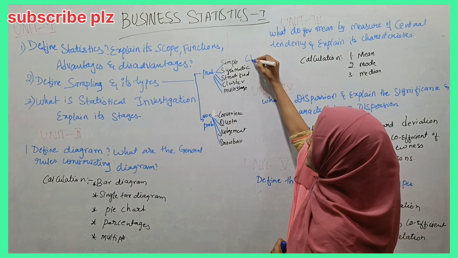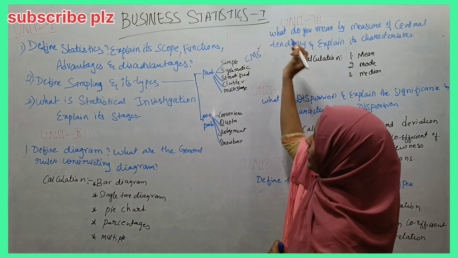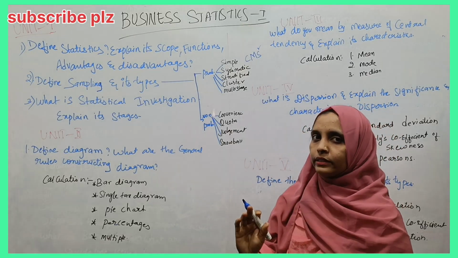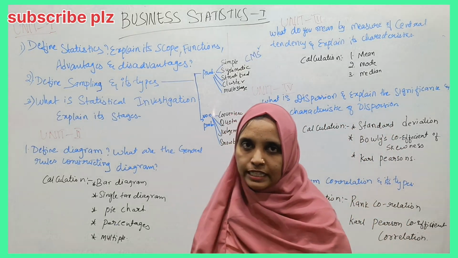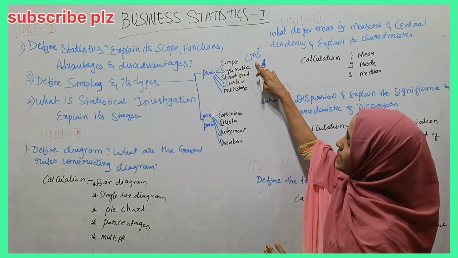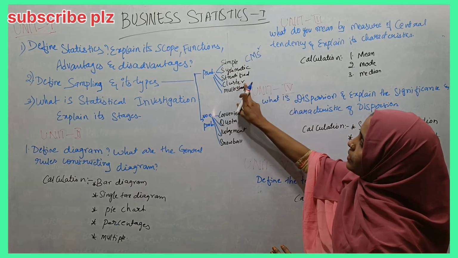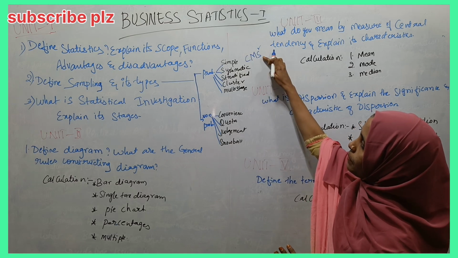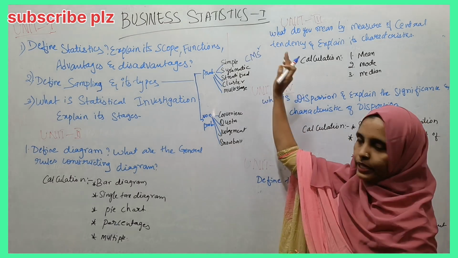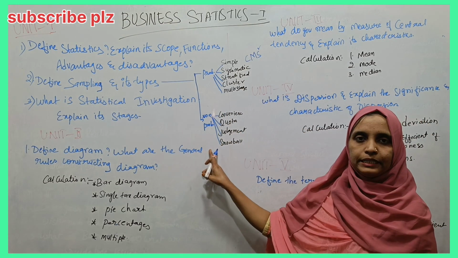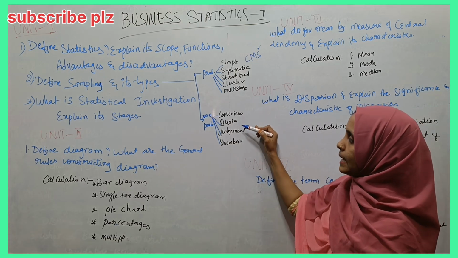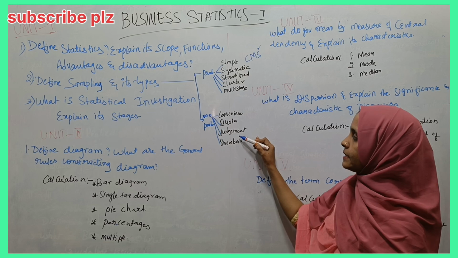You can just write CMS square. I think this is a college name also, so I'm not giving publicity to that college. Just a mnemonic I am telling you: CMS square. C for cluster, M for multi-stage, and all three S: simple, systematic and stratified. Okay, next, non-probability sampling is again subdivided into convenience sampling, quota sampling, judgment sampling